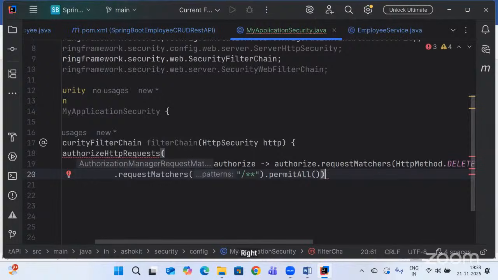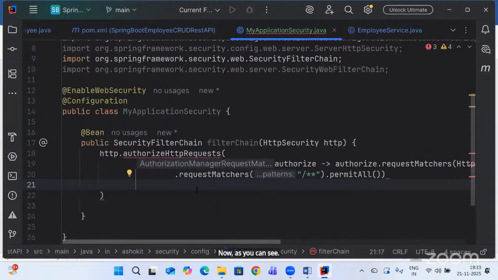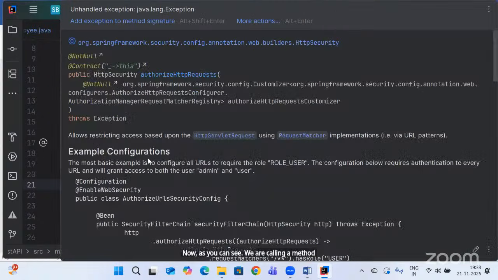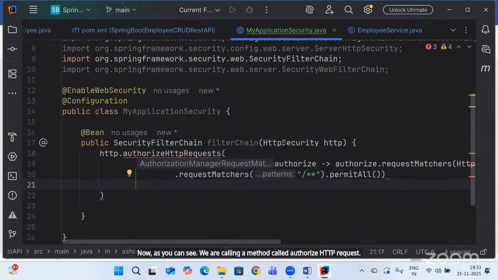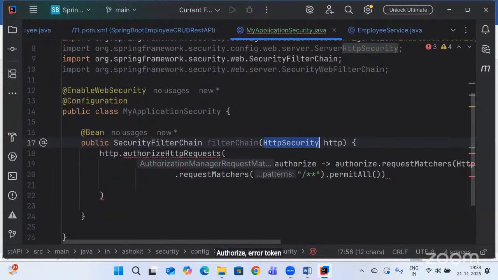Right? Remaining all is permitted to all. Now, as you can see, we are calling a method called authorizeHttpRequests, and it is a method of HttpSecurity, and it accepts a Customizer as a parameter, which is a functional interface. So we are providing a lambda expression, authorize arrow authorize.requestMatchers,